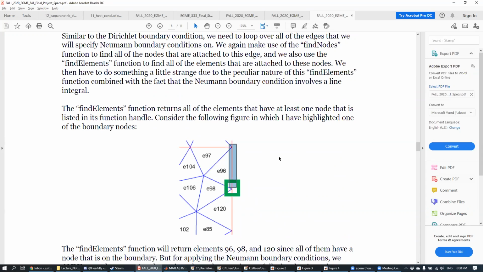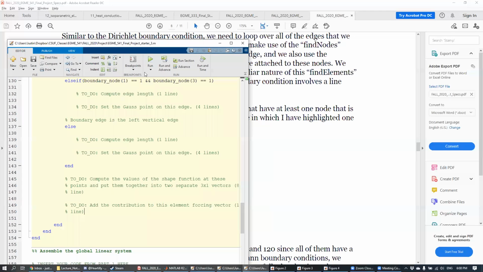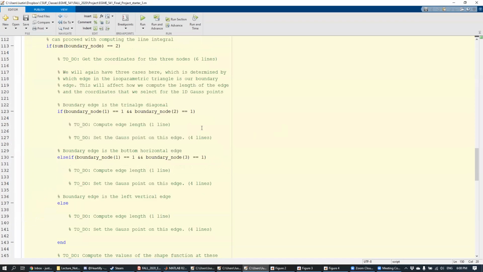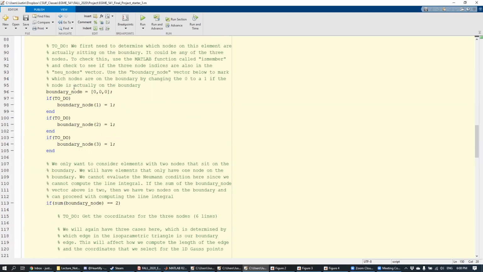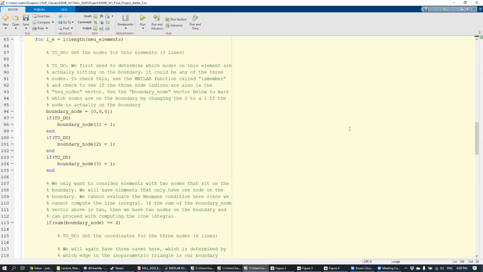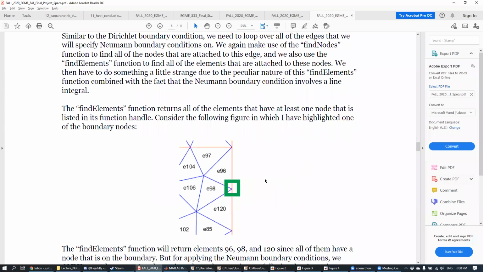Okay, so that's what this whole song and dance here for part 3 is. So part 3, the only thing you need to implement is just this loop right here, but it's tricky. Okay, so the first thing we need to do is determine if there's even an edge on this boundary. Okay, and so if we go back to the project specs, what can happen sometimes is